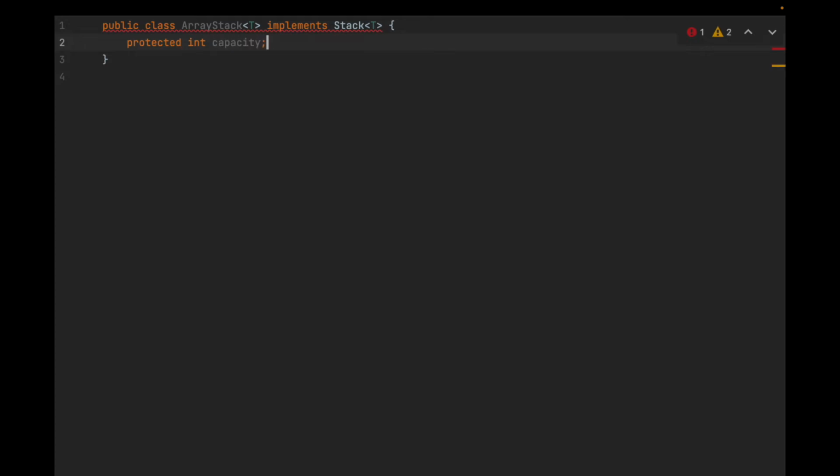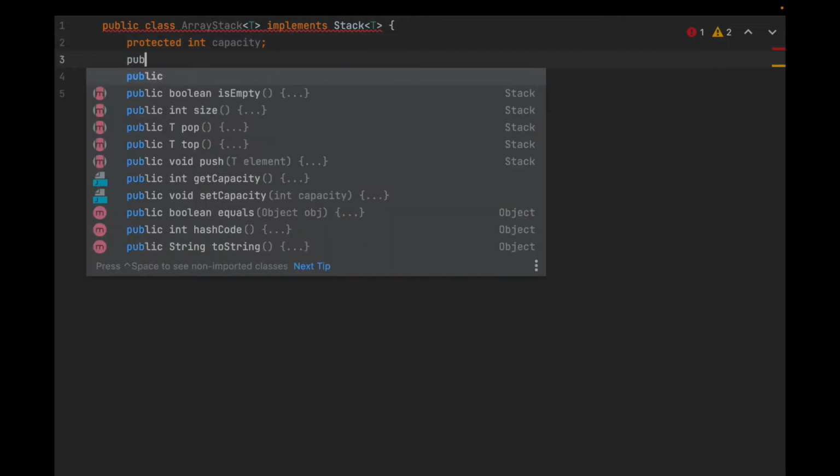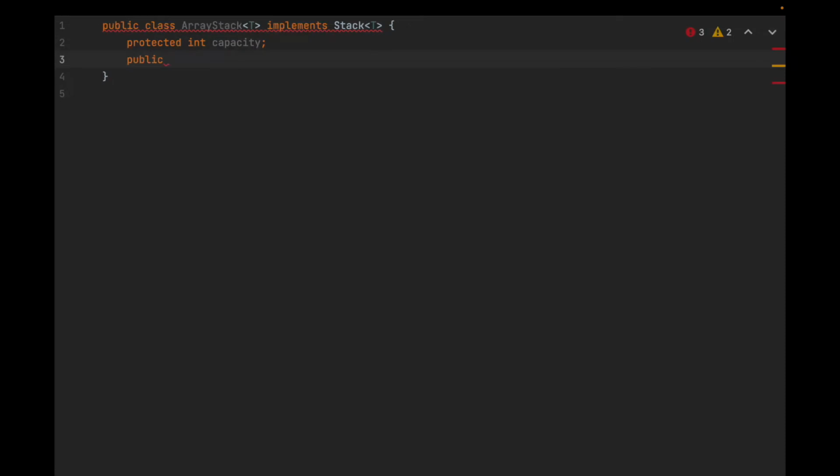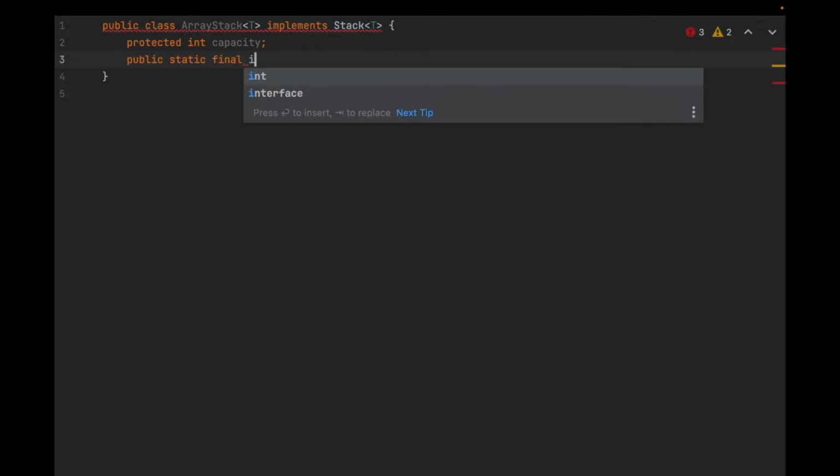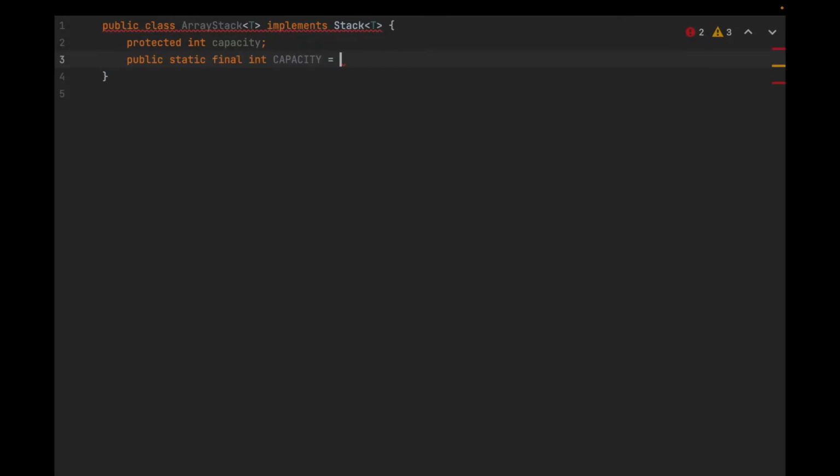And so if you want to give an array stack some capacity, this variable will hold it. And then I'm going to create a constant, public static final int capacity, and set that equal to 500. So if you create an array stack without any arguments for size, it will automatically assume its capacity is 500, for example. And later we'll change this to a smaller number just to test whether or not it catches the full stack exception. If you have a stack of size 5 and you try to add a 6th item, we'll change it later to make sure that